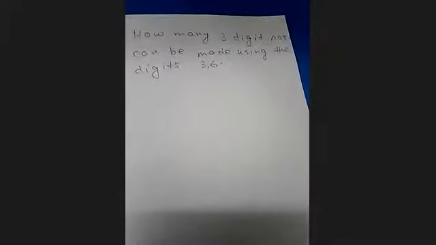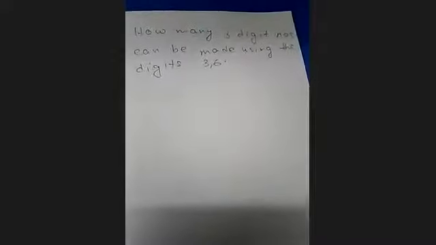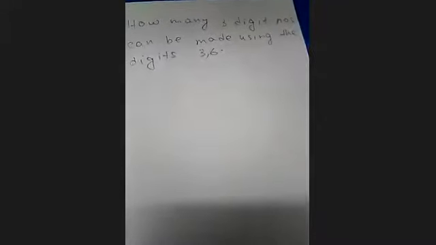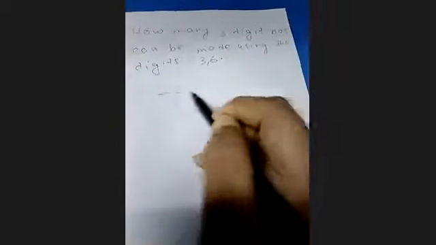So in this case, what should you do? That's completely your choice now. Allow repetition, I think, because there are only 2 digits and there are 3 spaces. So since there are only 2 digits, you must repeat the digits in case you want a 3-digit number. So I'm showing you. How many numbers can be made? In the first place you have 2 possibilities. Again, in the second place you have 2 possibilities, and again in the third place you have 2 possibilities. So 2 cube equal to 8 possibilities. 8 numbers can be made.